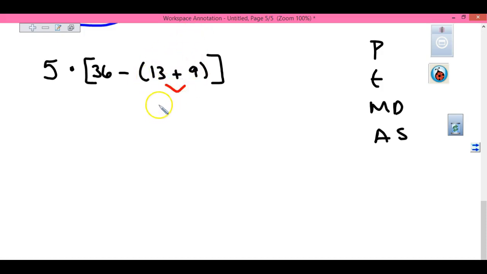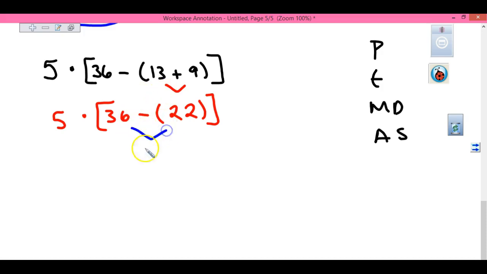So what's 13 plus 9? 22. Okay. We still have our bracket, and I'm bringing down everything else. So have we finished with the grouping symbol? No. What's 36 minus 22? 14. Did we finish with the grouping symbol? So now what's left for us to do? 5 times 14, which would be